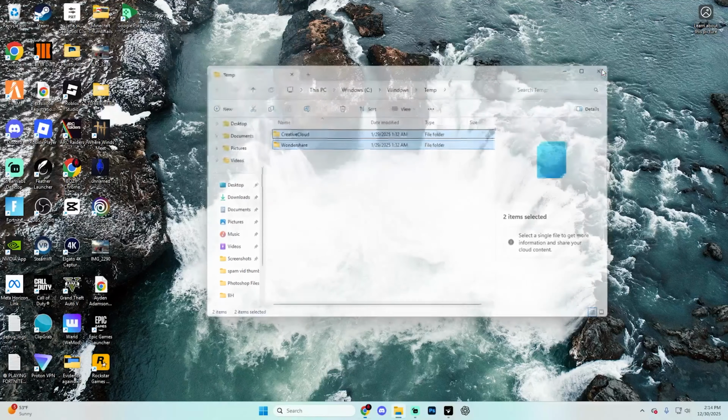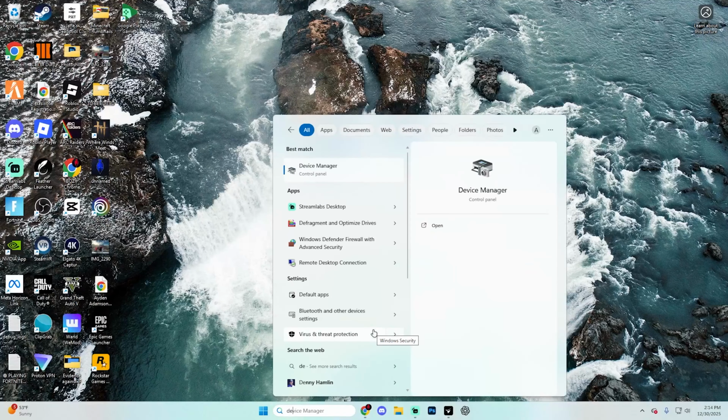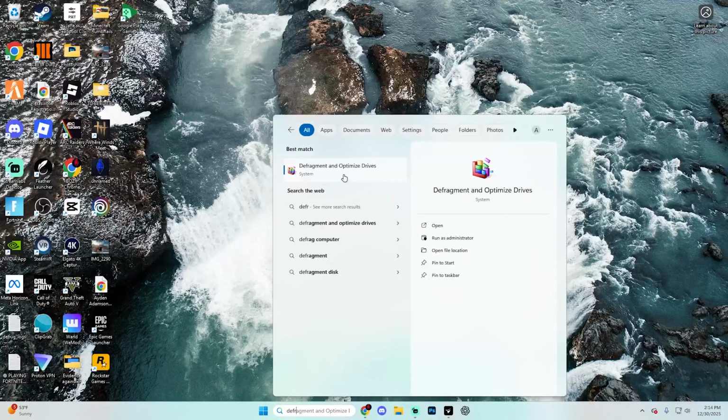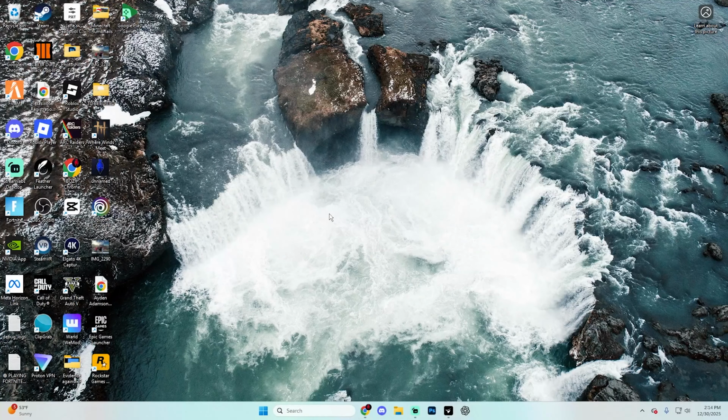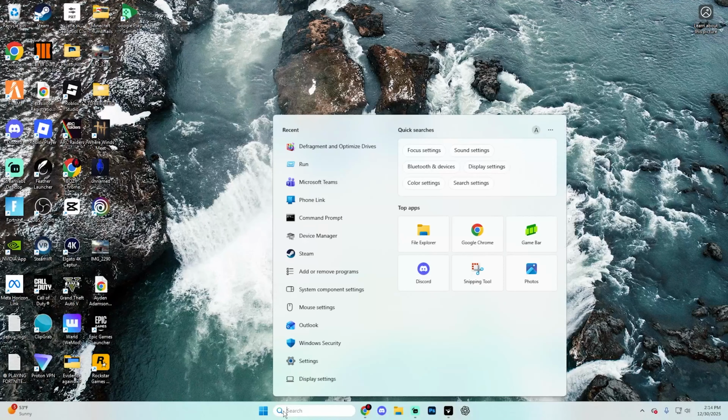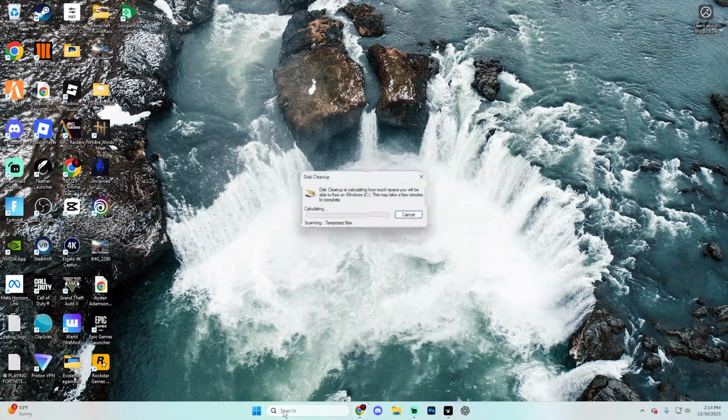Once you do that, close out of this, and this time go back to the search bar and type in defragment and optimize drives and open it up. From here, you can optimize your drives to help your PC run more efficiently. This step can take a while depending on how much storage you have, so feel free to skip it if you want. But finally, after you do that, go back down and type in disk cleanup this time, hit enter,